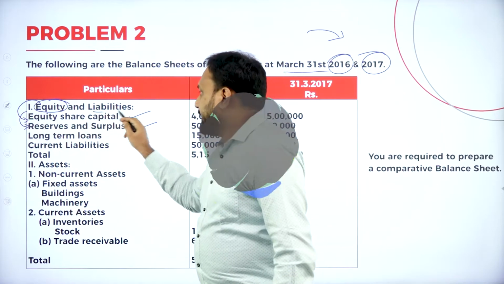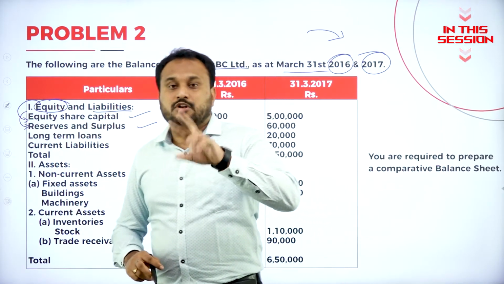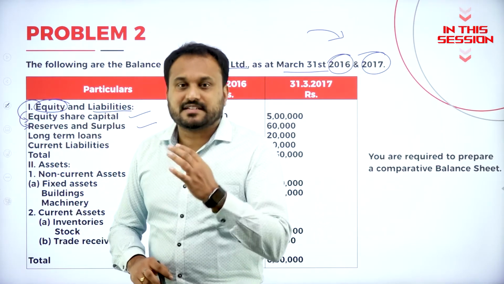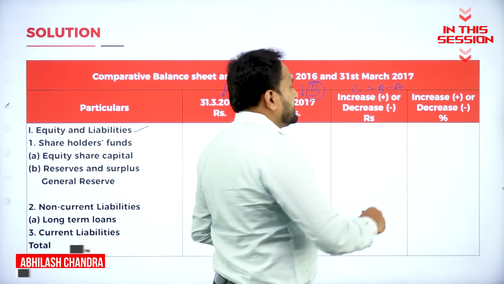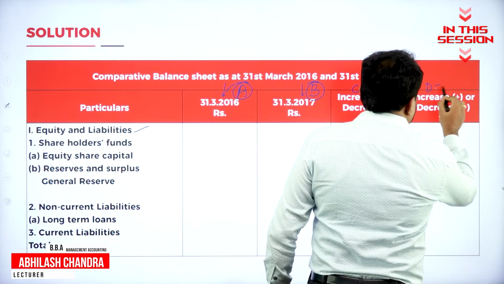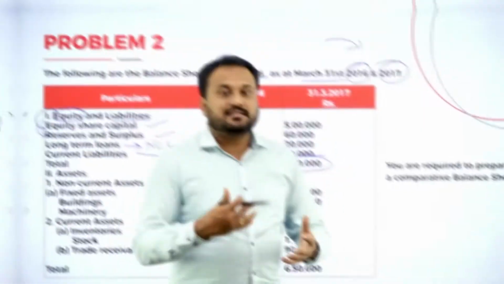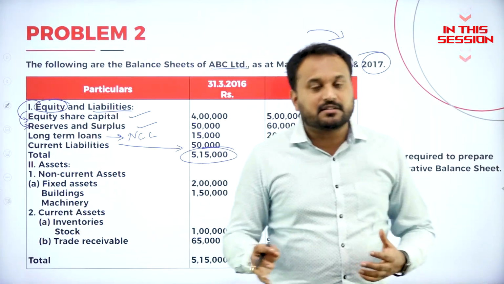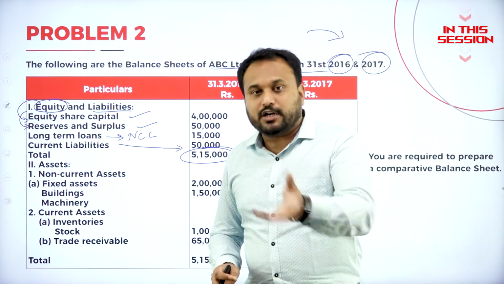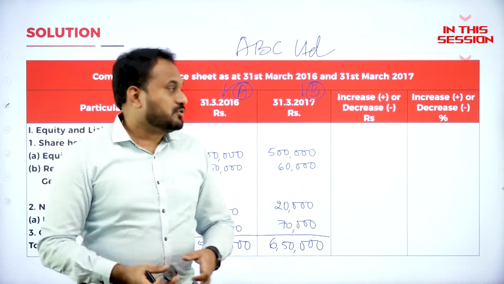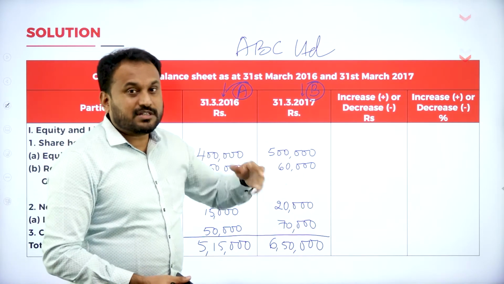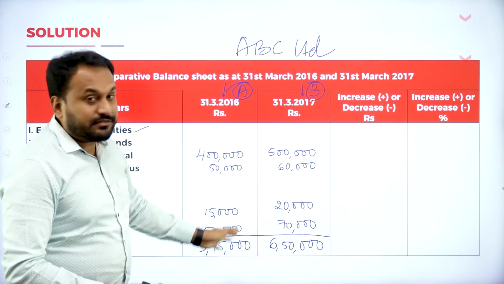Now for liabilities, we have two. One is non-current liability, another is current liability. You go with D, this is the change. Now D is equal to C by A into 100. Easily you can convert them into cash, that is called current asset. Which you cannot do is called non-current asset. Now 2016, 2017, what is common? See, the numbers are totally different. What exactly is the common here?